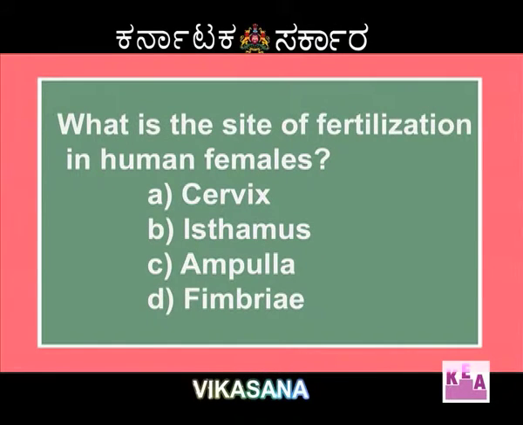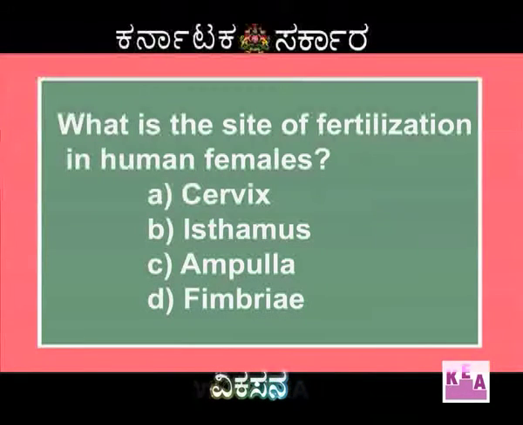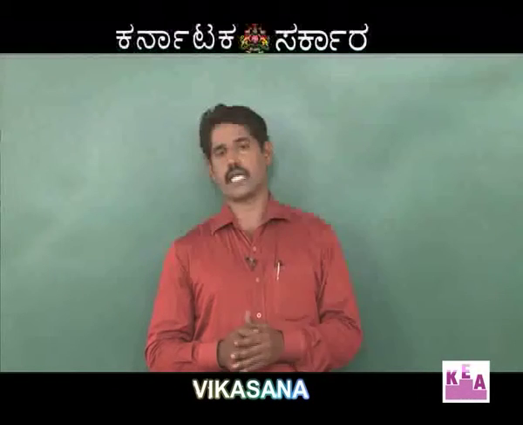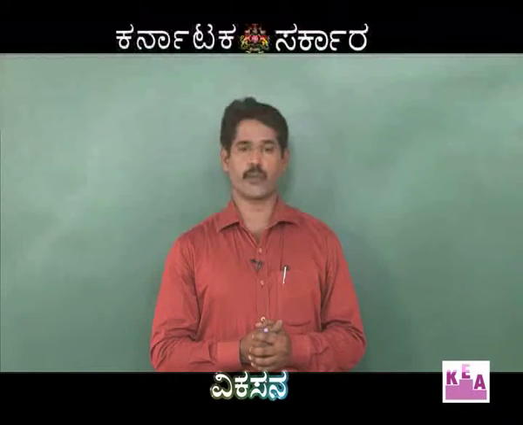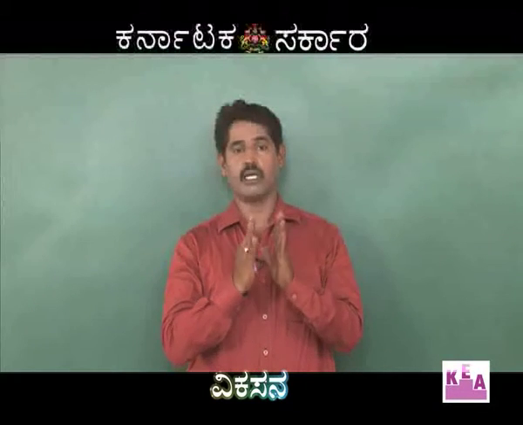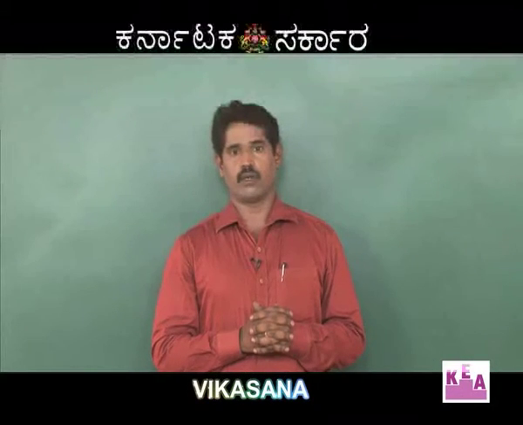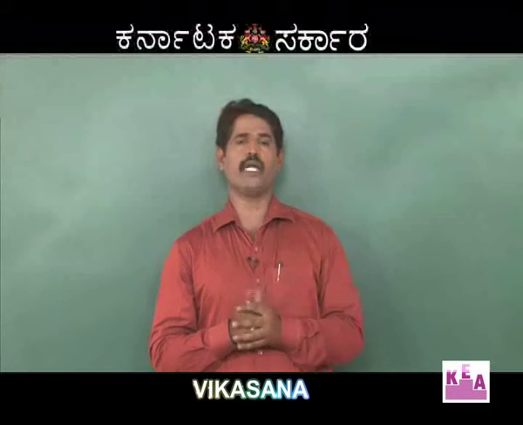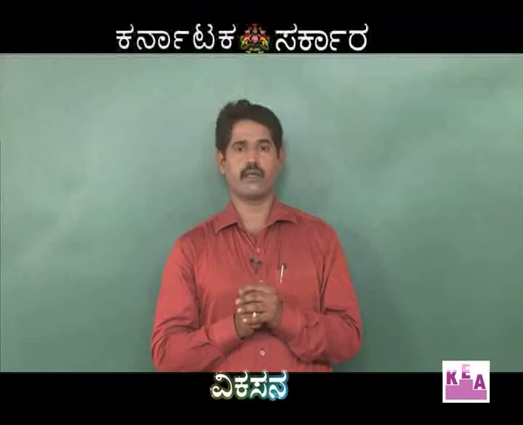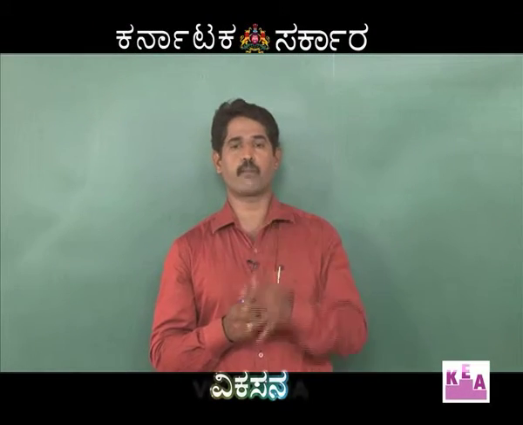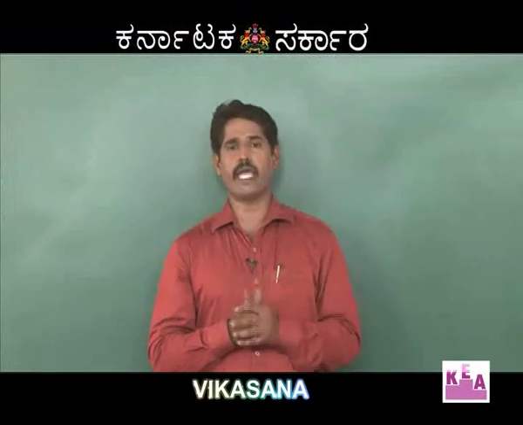So, moving to the next question, what is the site of fertilization in human females? Look into the options: A, cervix; isthmus; ampulla; fimbriae. So, dear students, again look into the structure of the longitudinal section of the human female reproductive system. If you look into that, particularly the fallopian tube, also called the oviduct, it consists of 4 parts. The first beginning part looks like finger-like projections, called fimbriae, and that